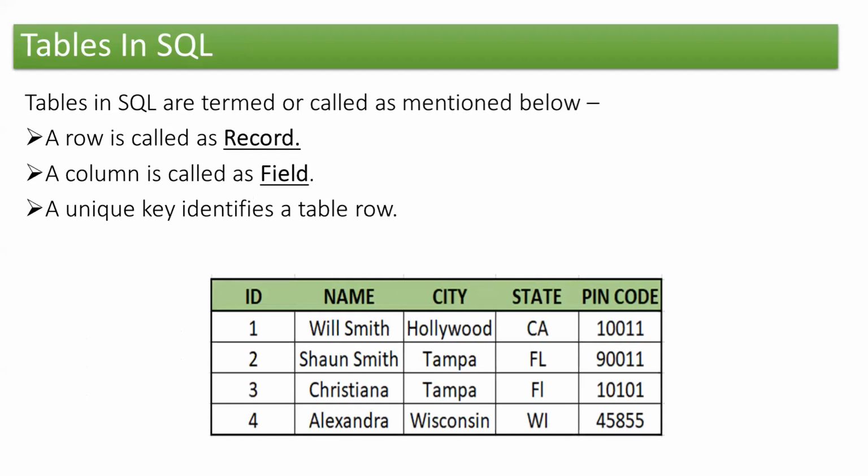Okay. So over here in this example, can you tell me what is the unique number here? ID. Pin code. Yes, right. Pin code and ID are unique because these are values and they are not repeating. And for the other aspects like name, city, state, I can say that state does not have any repetition. Oh, sorry, it is having repetition of Florida. City is having repetition for Tampa, and the name is not repeating.